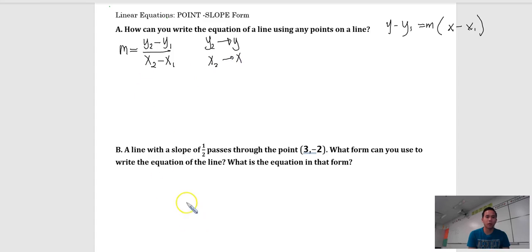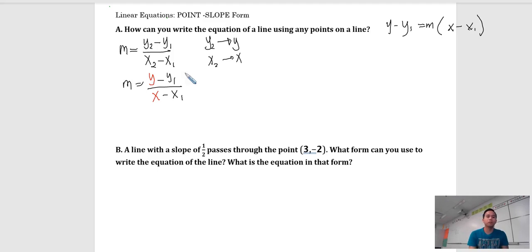So I have m equal to y minus y1 over x minus x1. Why did I change that? It's because we want to emphasize that we need only one point and the slope